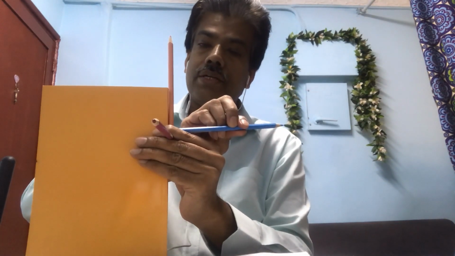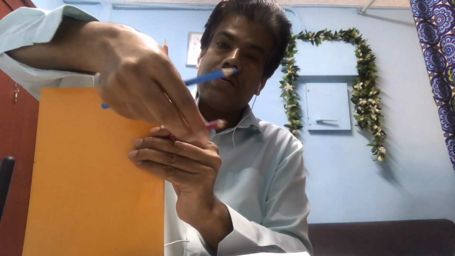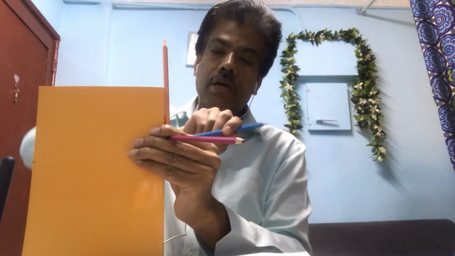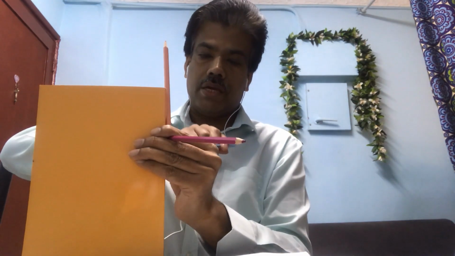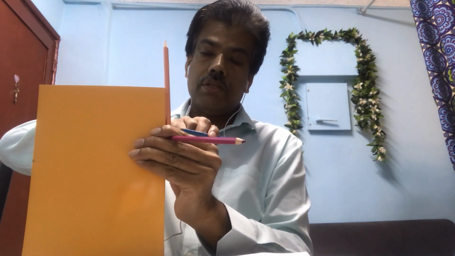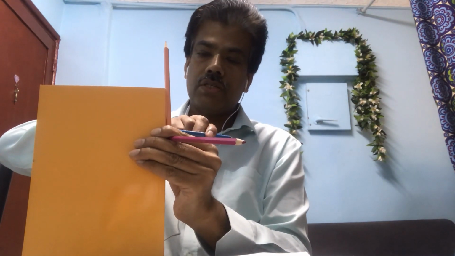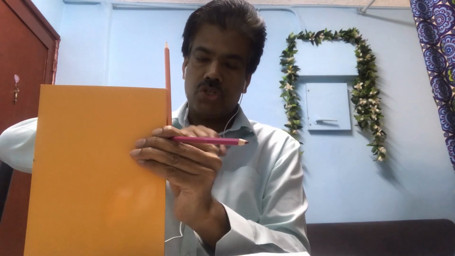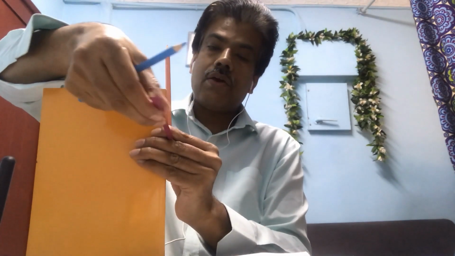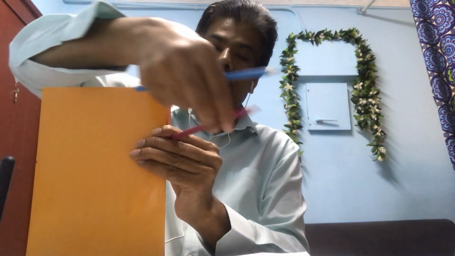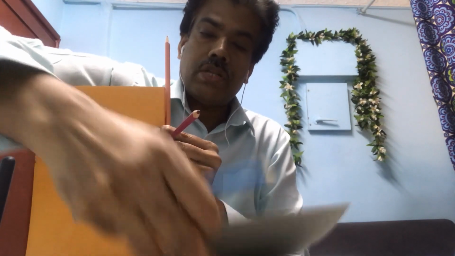But we know that field is not this way, but it has tilted. If this is tilting, what should happen? The force should also tilt. It should come like this towards me. So this force is also BIL sine 90 only, but acting towards me. That is one thing you have to be careful about. I told you the field is lying in this plane, 360 degrees, any angle you rotate, it will have an angle of 90 degrees only with the current element, because it is lying on this plane.